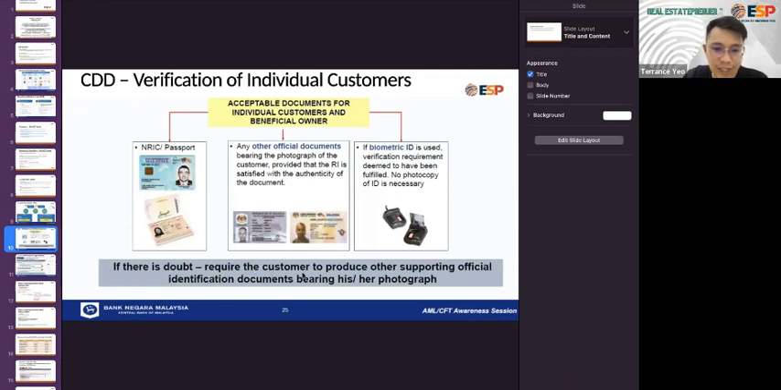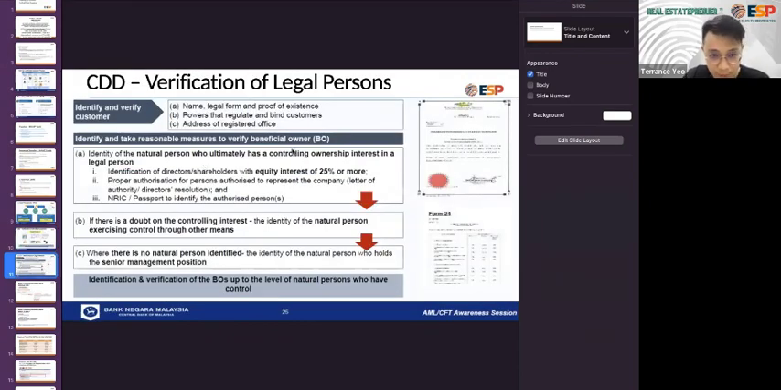If there is doubt, require the customers to produce other supporting official identification documents bearing his or her photograph. This normally applies to foreigners. So moving on, this is the verification of a legal person, or the legal entity. The name, the legal form, proof of existence, like I mentioned earlier, the powers that regulate and bind the customer, and the address